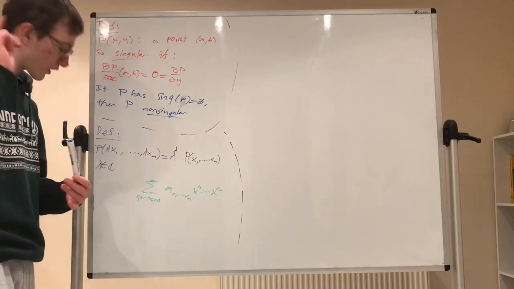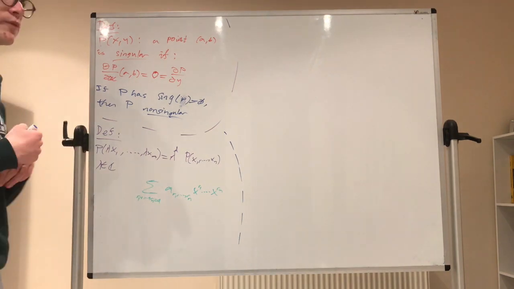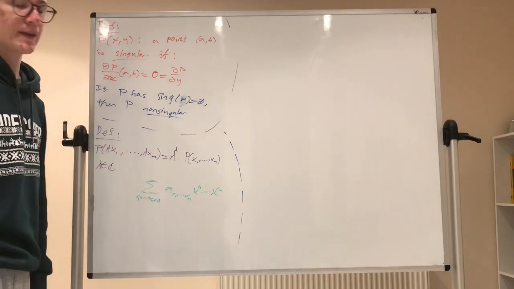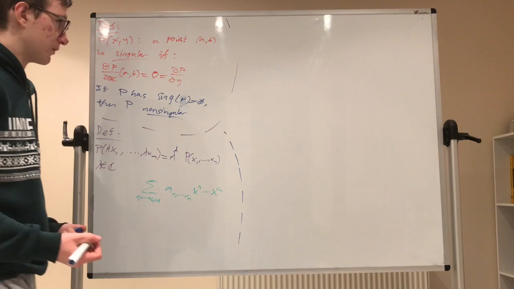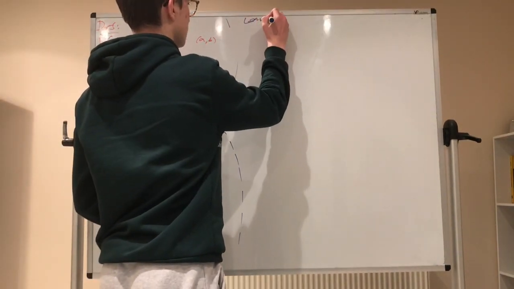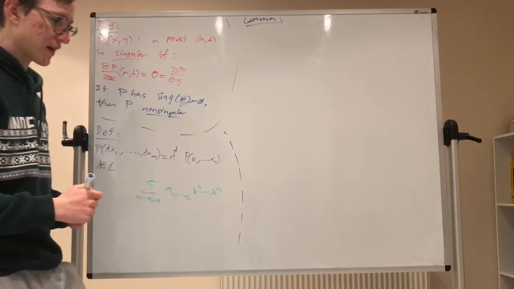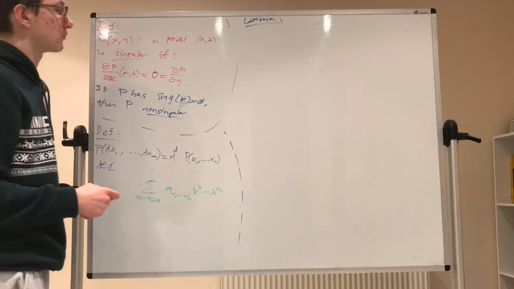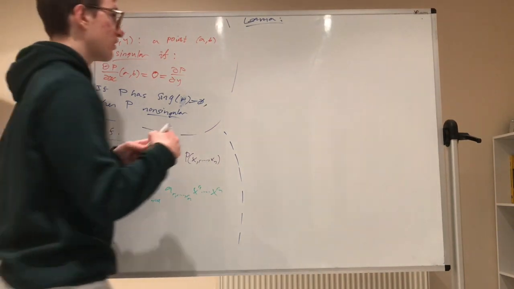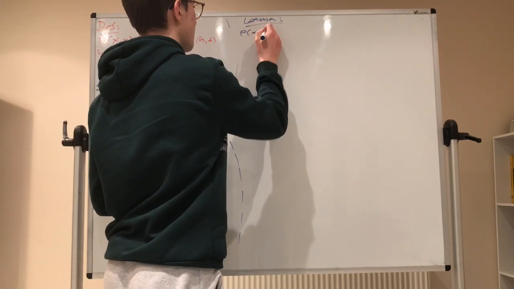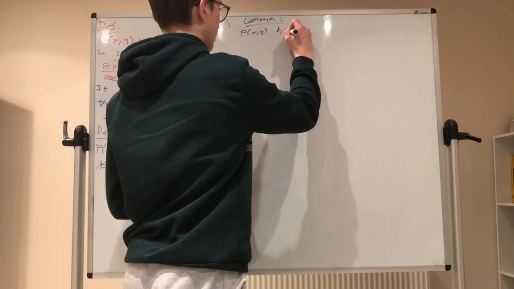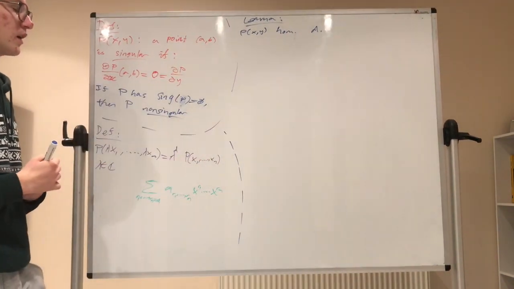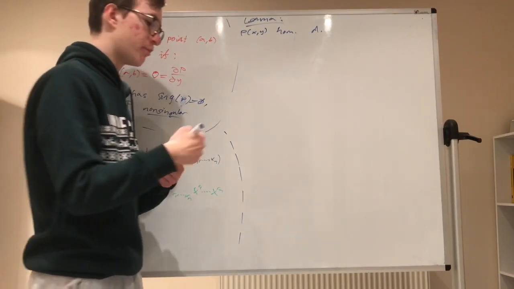And so we're going to prove an important lemma about these things before we get onto the definition of multiplicity and that good stuff at the end of the video, basically. So what's this important lemma? Well, the lemma is that if we have some complex algebraic curve p of xy, homogeneous of degree d, then p of xy